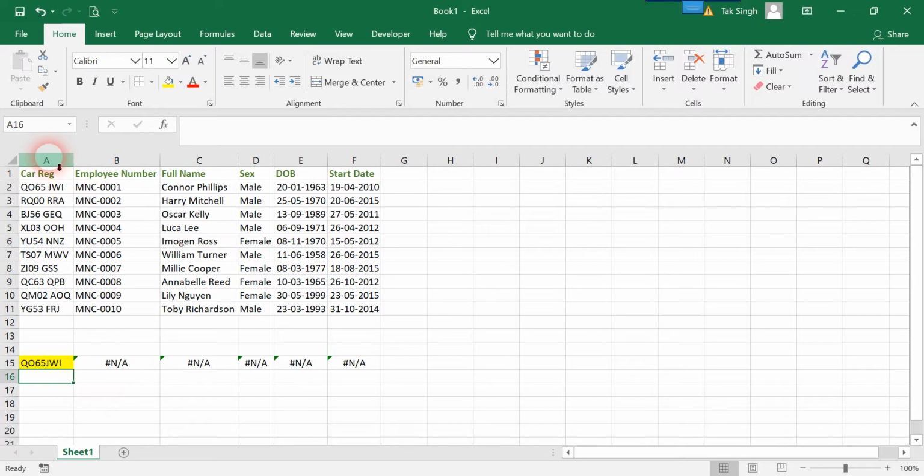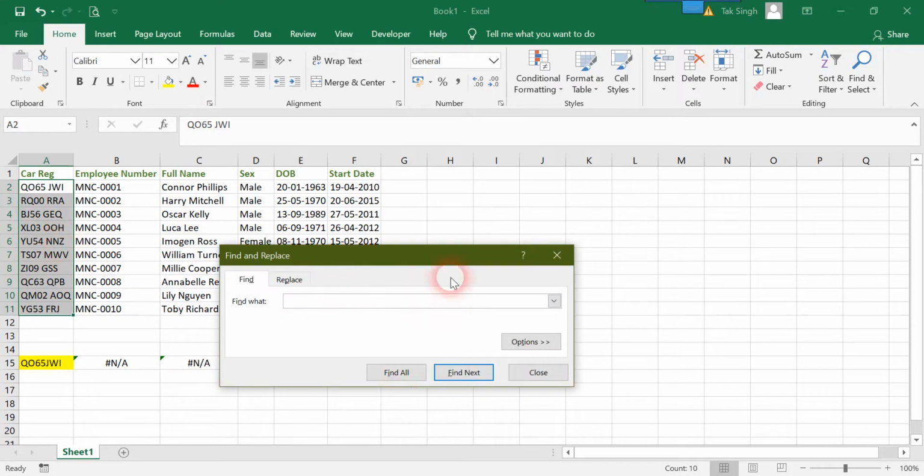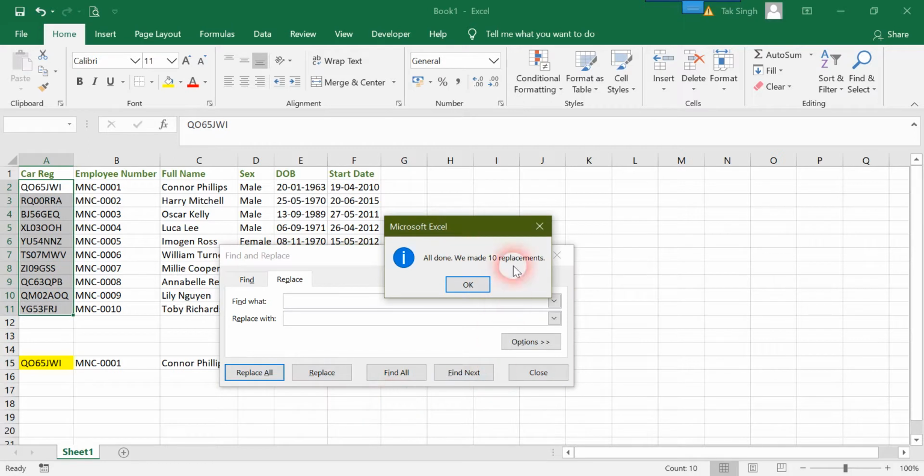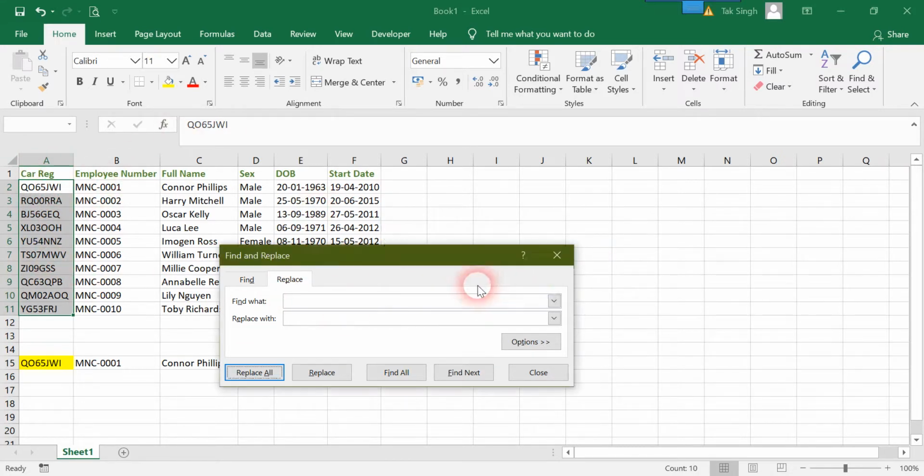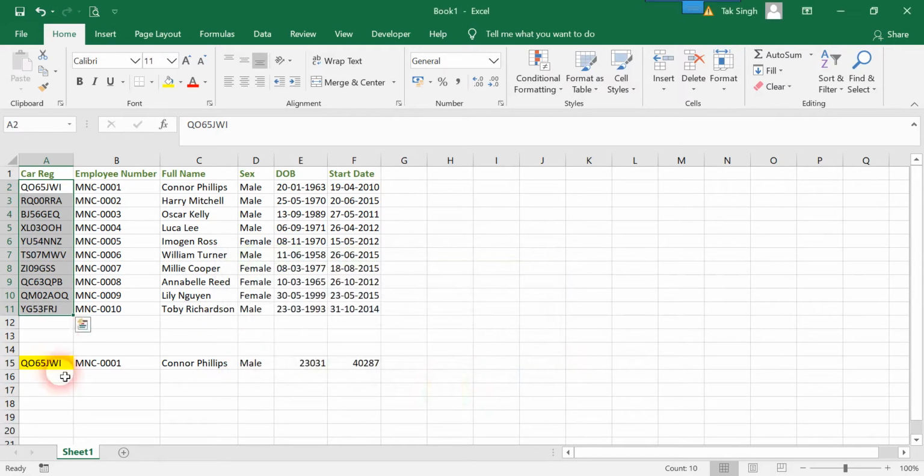So the way to deal with that is to select column A, and after selecting column A, hit Ctrl F to open this dialog box over here, and in this, find space, replace it with nothing, so replace all. So all done, we made 10 replacements. You can see that in column A all the spaces in between wherever they were present have been removed, and it says 10 spaces have been removed, close.